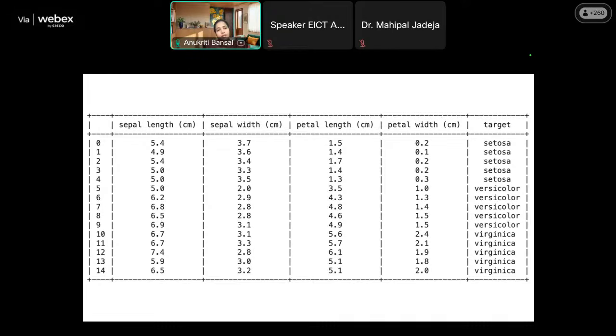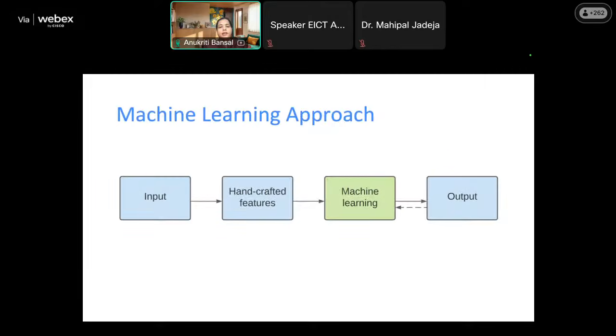And if it is a traditional approach, I will write, okay, if sepal length is in this range, petal length is in this range, width is in this range, then it will be maybe setosa or versicolor. So this is not a very scalable approach. Then we had machine learning approaches, like your SVMs, logistic regression, naive Bayes. In this, we are designing a handcrafted algorithm, but we have automated these